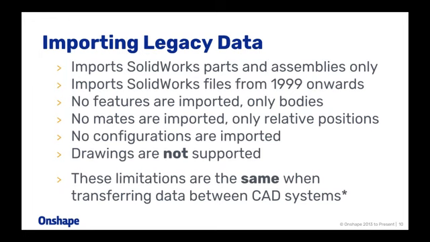Okay, there's a question coming in. Is there a feature in Onshape like FeatureWorks in SolidWorks to get the features? The short answer to that is no. But what I would also question, and we'll look at in a short while, is the validity of the FeatureWorks capability, because essentially what that is doing is looking at the geometry and trying to reverse engineer it into features, which from experience really only happens on the simplest of prismatic parts, and then only less than 50% of the time. So you have to do a lot of manual editing to get what you want. So what we'll look at in a short while is how we can do direct editing, which is